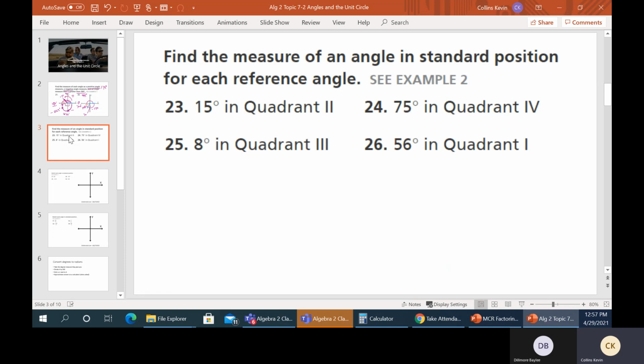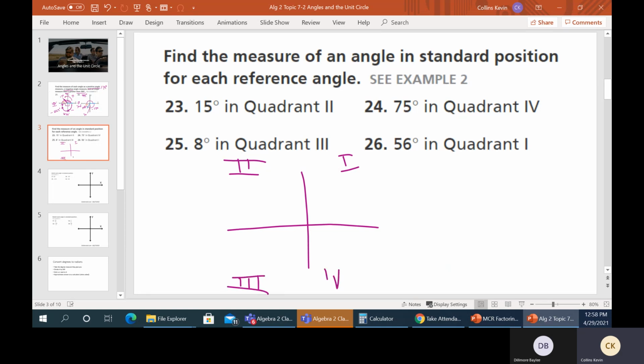All right, so this one says, find the measure of an angle in standard position for each reference angle. All right, so this says it's 15 degrees in quadrant 2. Remember your quadrants? We go around this way, so there's 1, there's 2, there's 3, and there's 4. So if we're in quadrant 2, and this is 15 degrees,